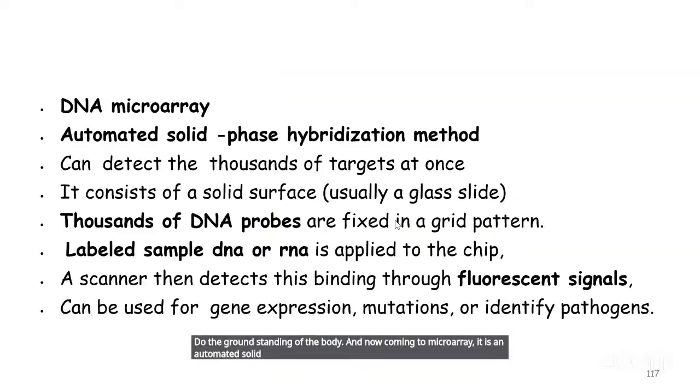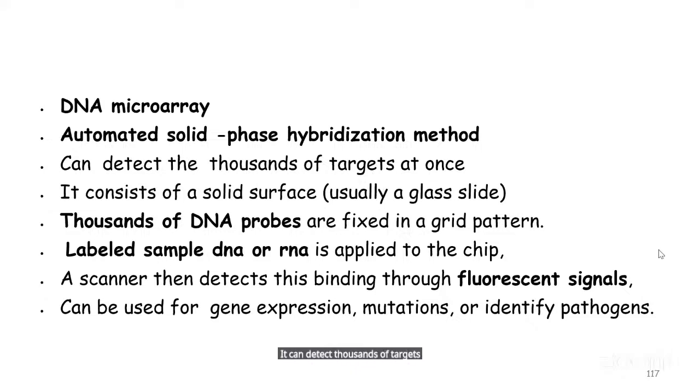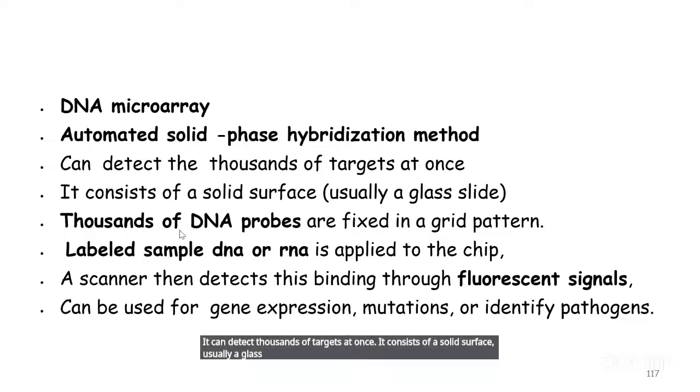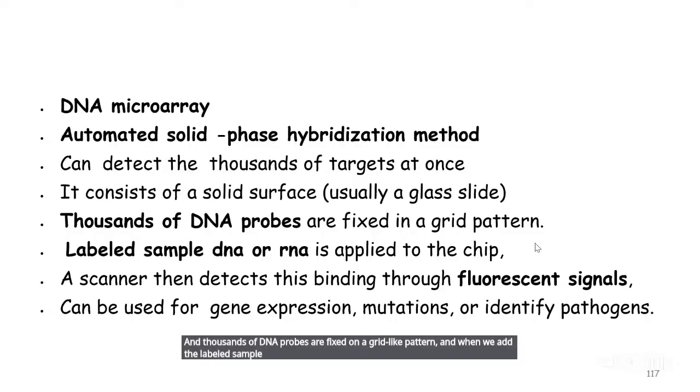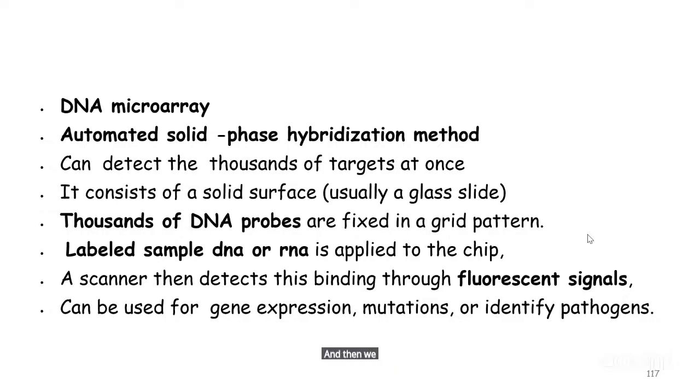And now coming to microarray, it is an automated solid state hybridization technique. It can detect thousands of targets at once. It consists of a solid surface, usually a glass slide, and thousands of DNA probes are fixed on a grid-like pattern. And when we add the labeled sample, DNA or RNA, and apply it to this chip, and then we wash it, then we look for the fluorescence. This is the chip, a part of the chip. It is attached with